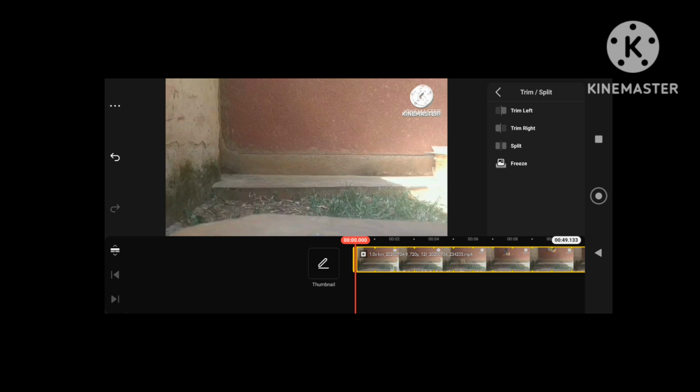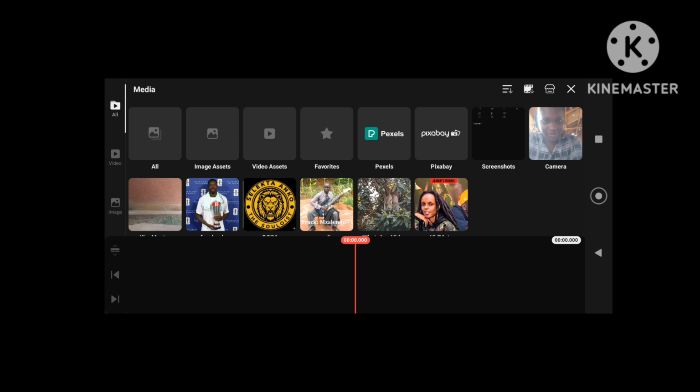That is where you will import your video or media from, either your gallery or your files or anywhere that you are hiding in your phone, including external sources such as the SD card.